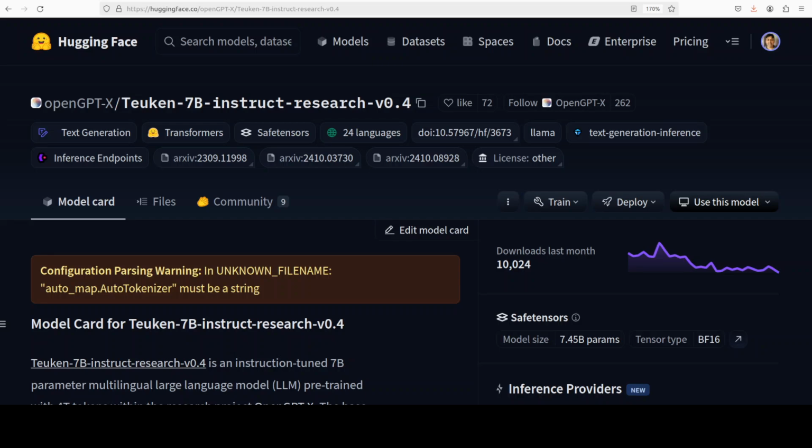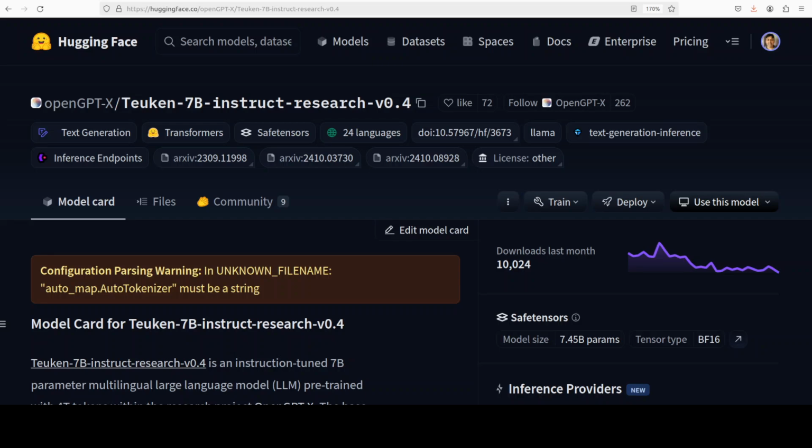In this video, I am going to cover yet another diverse model called Teuken 7 billion instruct. This model covers 24 European Union languages, which I believe is all of them. It has more than 10,000 downloads already on Hugging Face, so it seems that it is quite a popular European model. If you look at the benchmarking information shared on the Hugging Face page, it has already beaten out Mistral